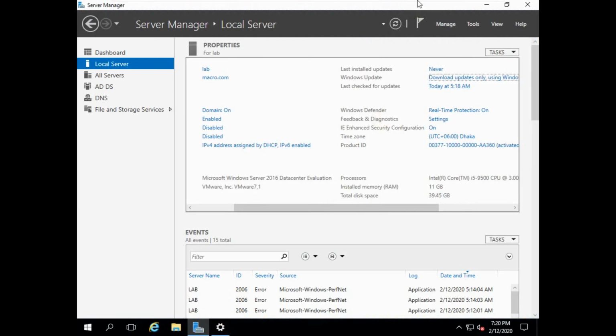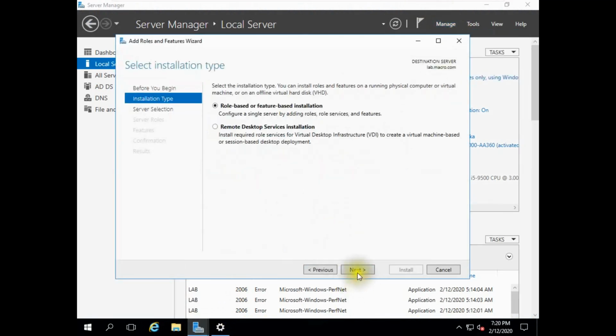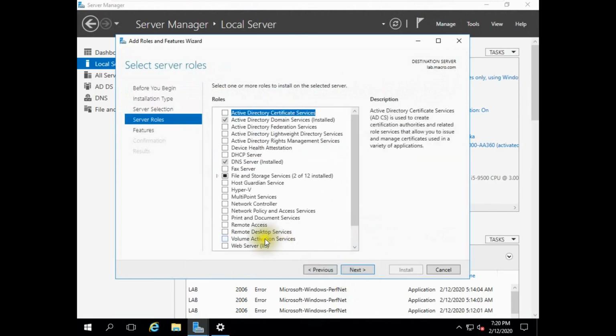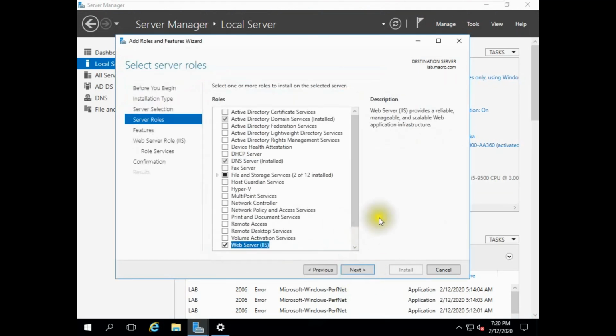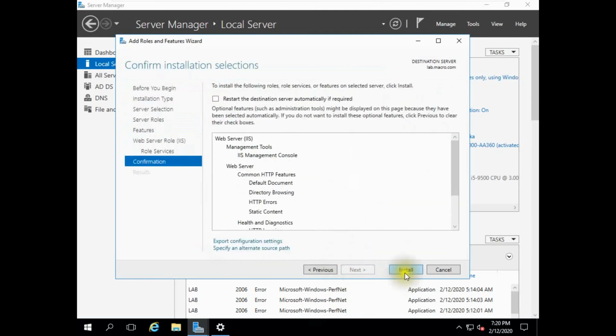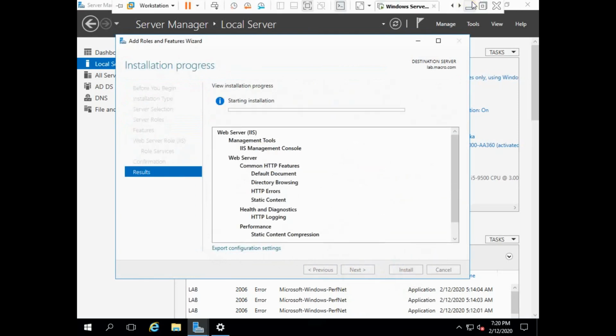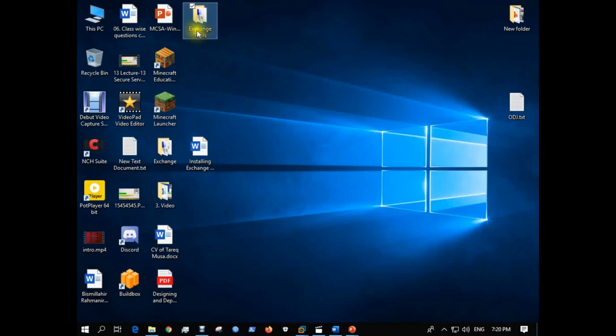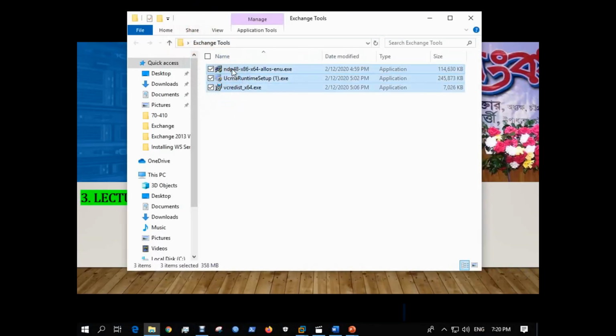Let's install the web server role first. While the role is installing, copy the downloaded tools into the server.